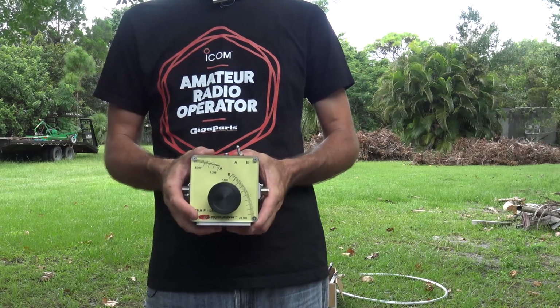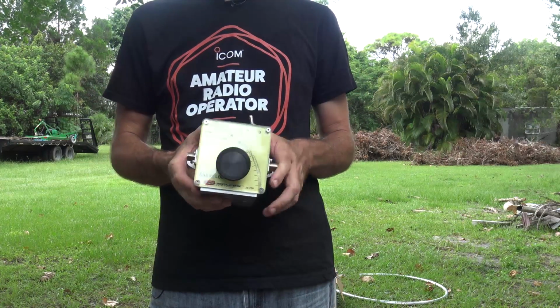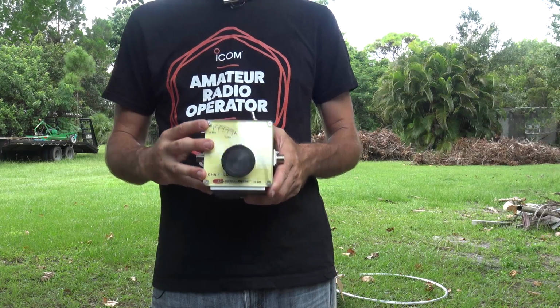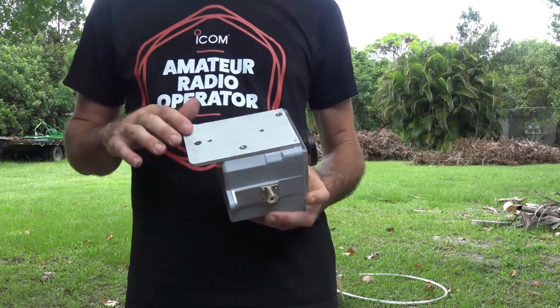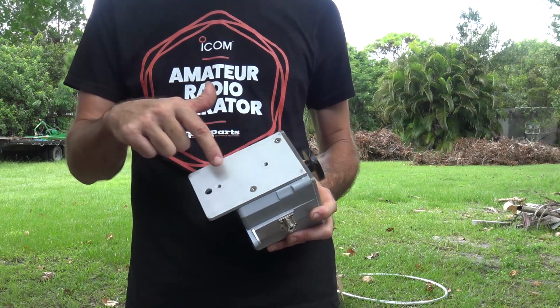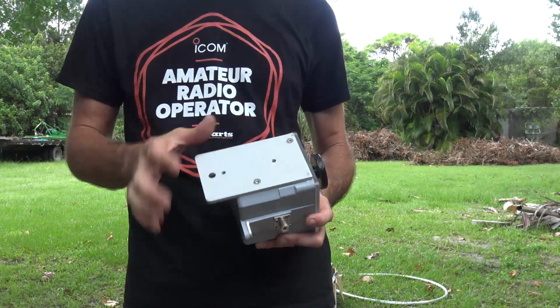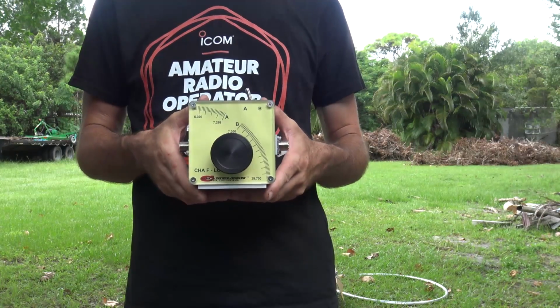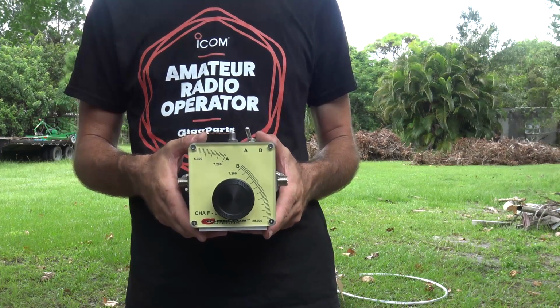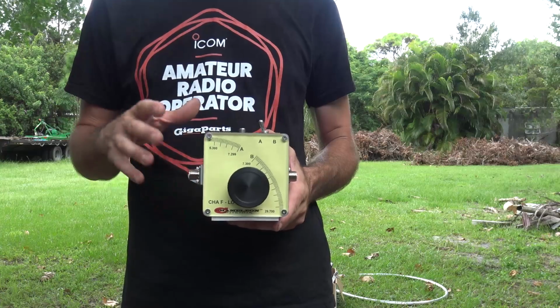So this is the tuning capacitor, bigger than the P-Loop, and this does 80 through 10 meters at 25 watts. It's got a metal mounting plate in the bottom, and this mounting plate has 2 quarter 20 screw holes for a tripod as such, and you could even put this on the ground. Now, I had this on the ground in Marathon in the Keys in a hotel room one day, operating this